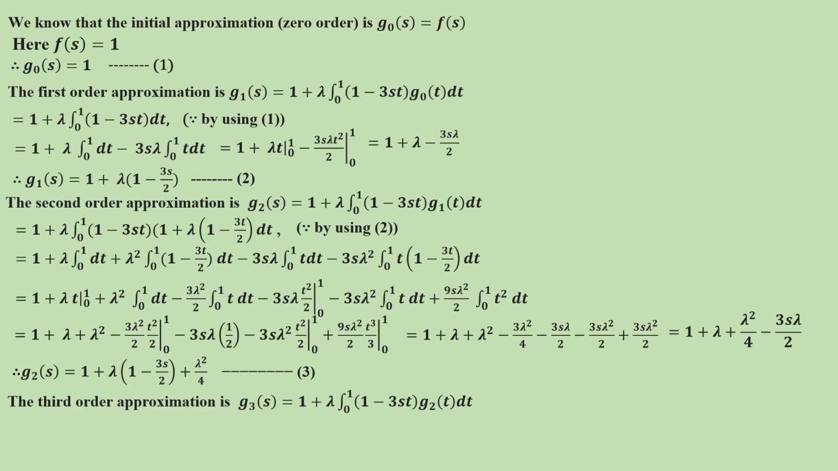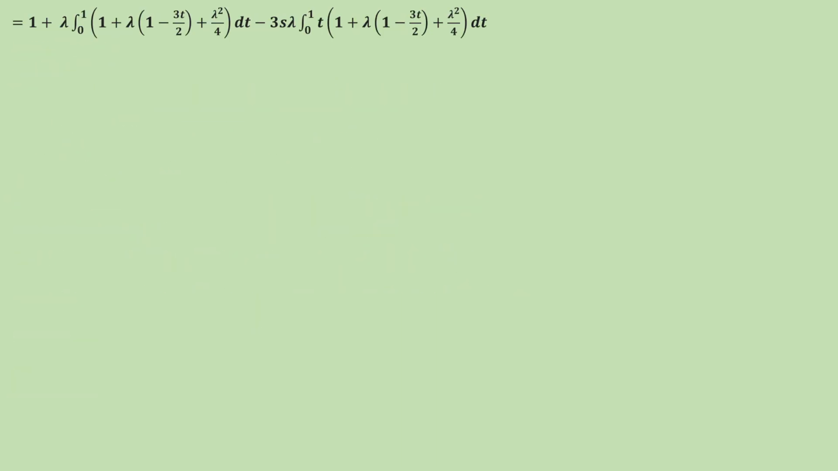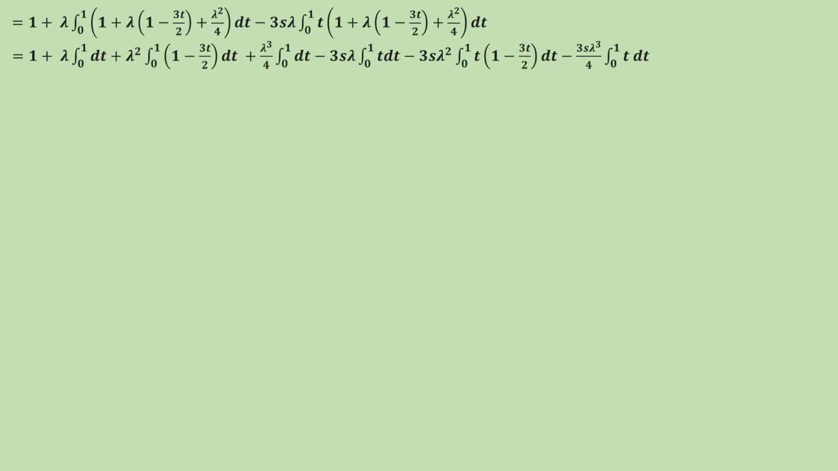The third approximation is G3 of s is equal to 1 plus lambda integral 0 to 1 minus 3st G2 of t dt. So substituting the value of G2 of t, you will get 1 plus lambda integral 0 to 1 minus 3st into 1 minus 3st into 1 plus lambda into 1 minus 3t by 2 plus lambda square by 4 dt, right? So we are substituting those values and